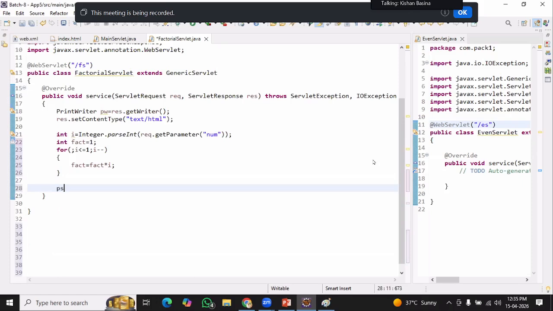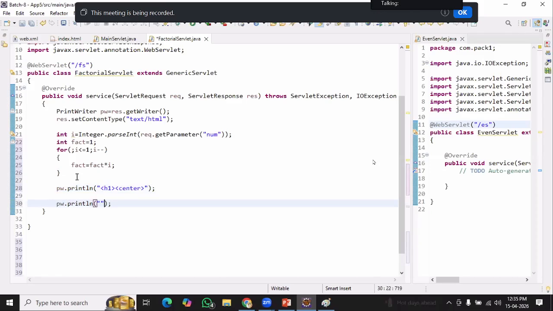Now, pw.println, just let me first try to write here, double quotes, h1 center tag, h1 close center tag, and here the